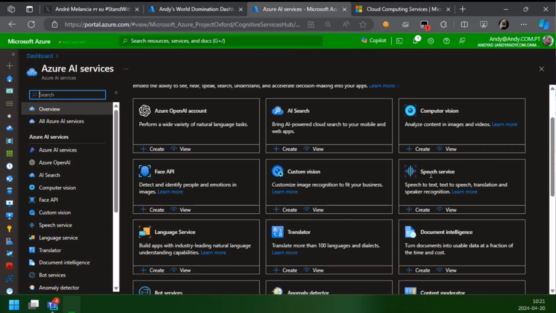Speech service, so speech to text, text to speech. You can use the Microsoft ones, or you can use the OpenAI ones. I still prefer the cognitive services one, or AI services as they call it now. The OpenAI is not as good at the moment as the cognitive services, okay? I still prefer the cognitive services. They are better, available in many more languages with much nicer voices. This can change in the future, but at this moment, this is my opinion, okay?